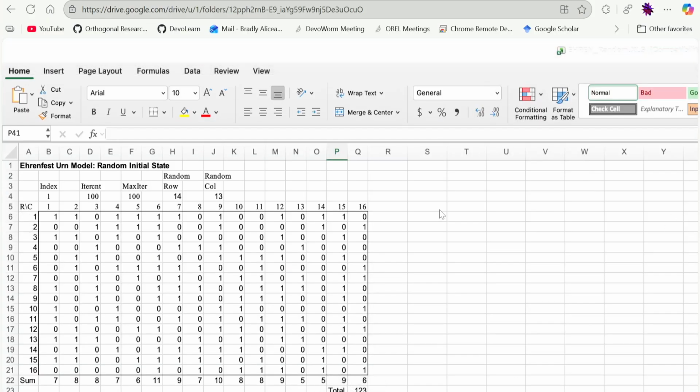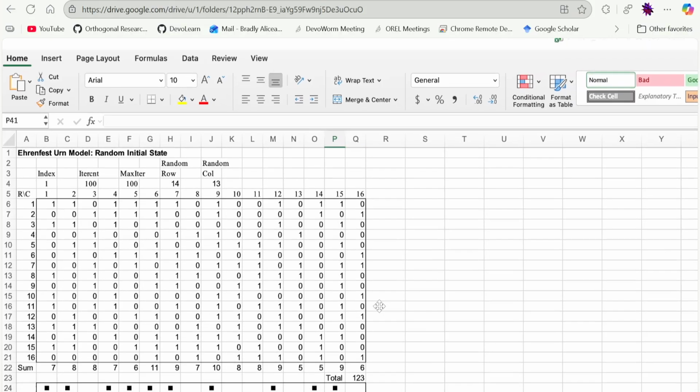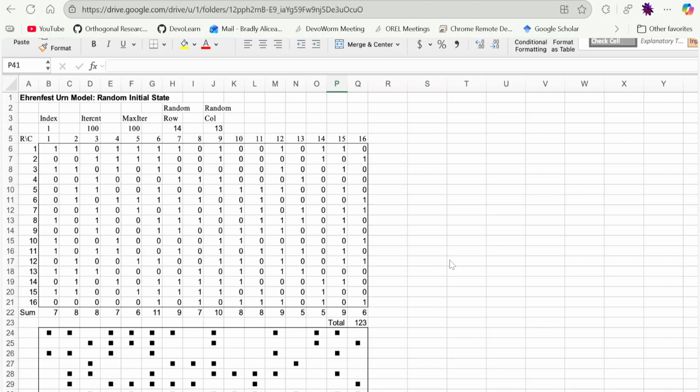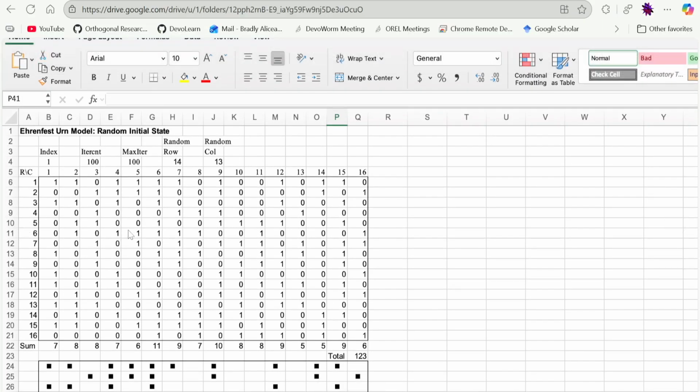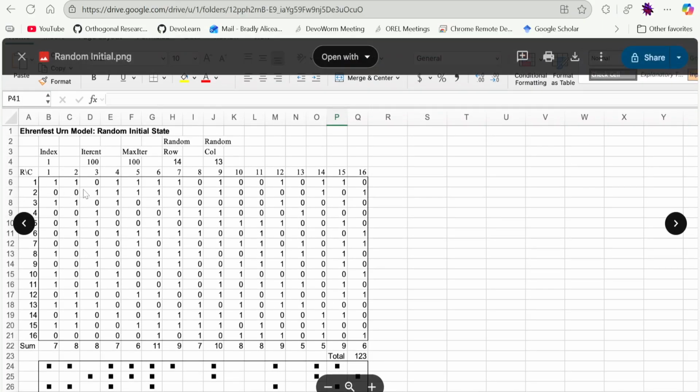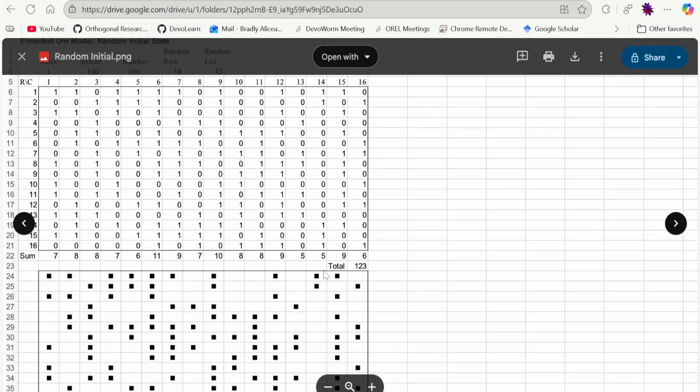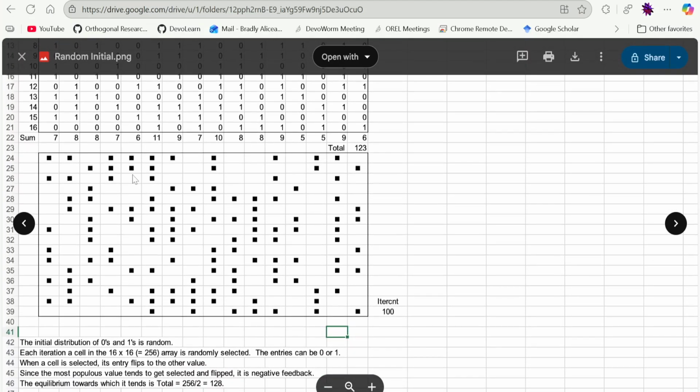One of the things he talks about is the Ehrenfest-Earn model. There are a couple of versions of this. This one is with the random initial state. If you go to the book and look up the Ehrenfest-Earn model, you'll find this, and this is a screenshot of the spreadsheet. I have the spreadsheet in Google Sheets now, but this just shows the structure and how it is calculated. There are equations in these cells, and you can have an input matrix here, find the sums, and then this shows the distribution or the ensemble that you get.